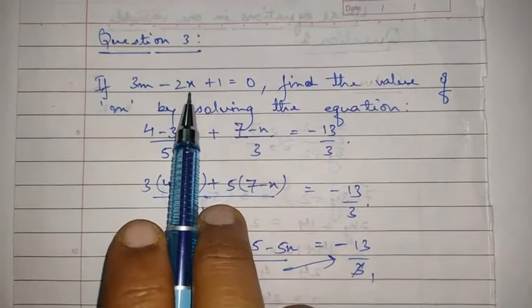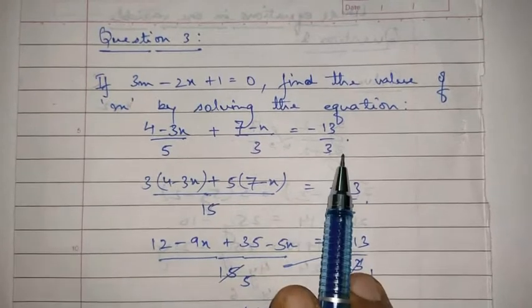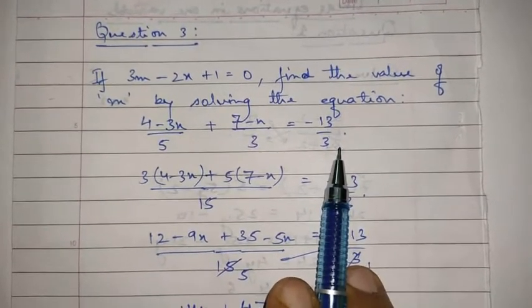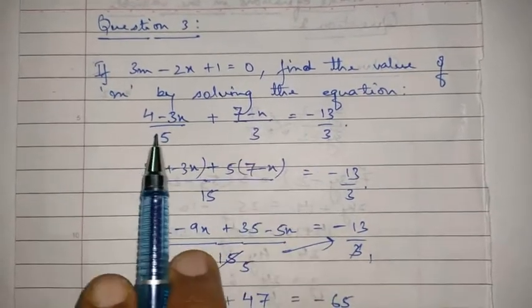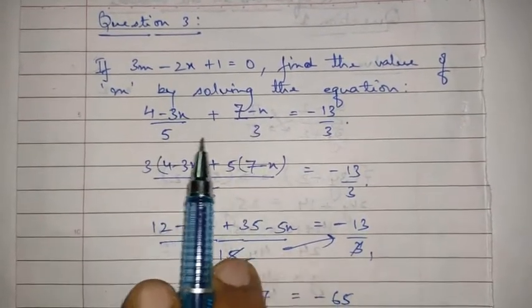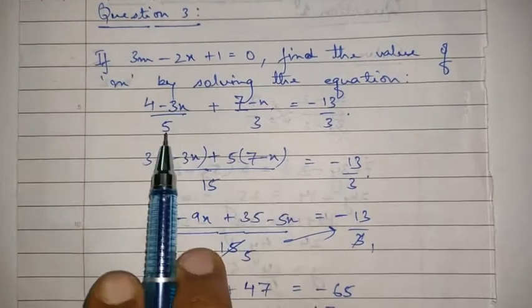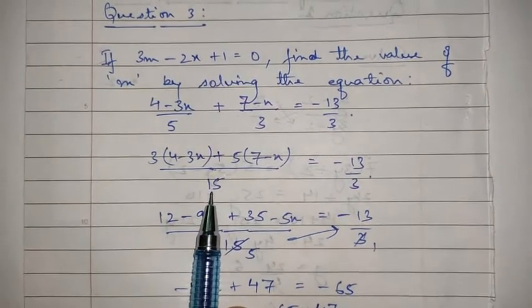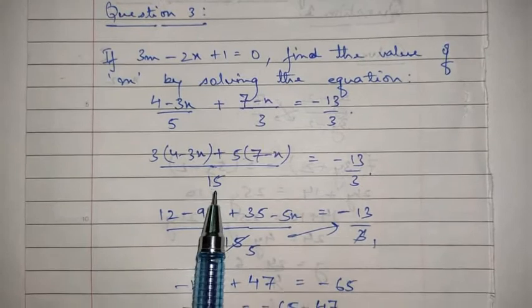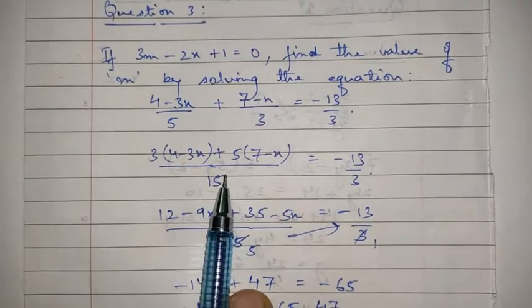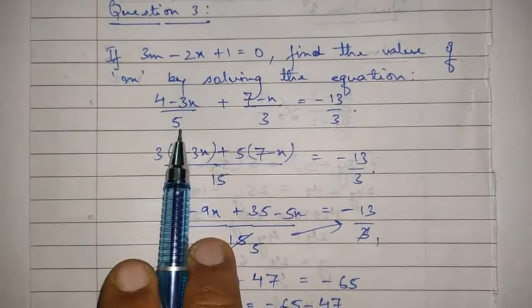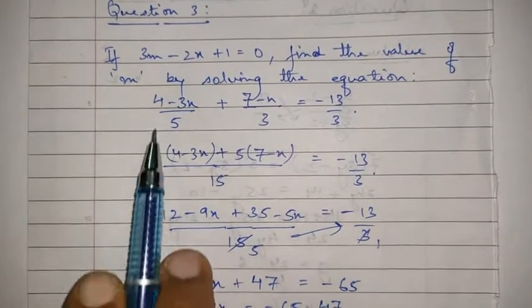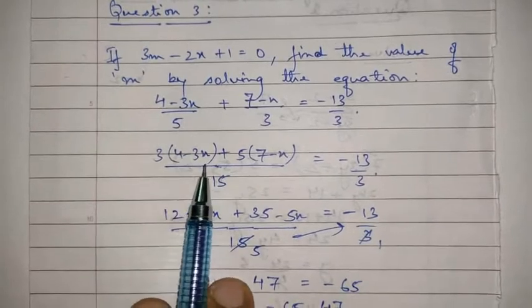So for finding out the value of x, there is a linear equation already given to us, which we are going to solve in the same way like we did in the second video. As you can see, there are two fractional terms with two different denominators. First, we are going to take out the LCM of the two denominators, that is, 5 and 3 will give us the LCM as 15. Now we are going to check the divisibility of this 15 with the first denominator, and as you know, it is divisible 3 times. So that 3 will be multiplied with the numerator part, that is 4 minus 3x.